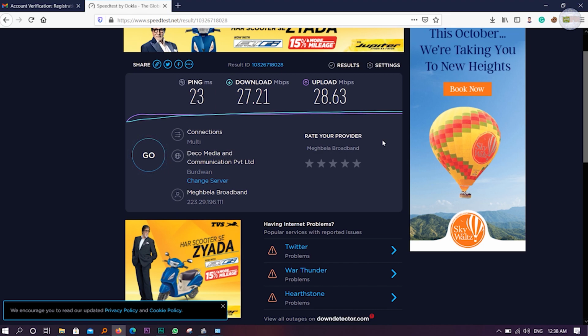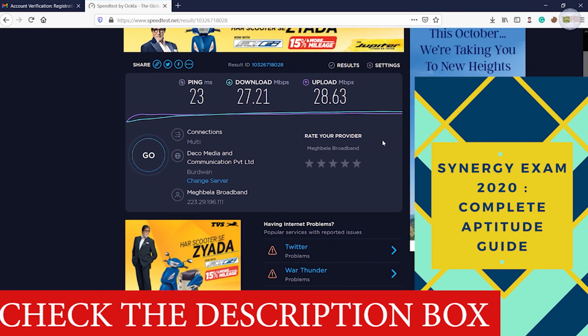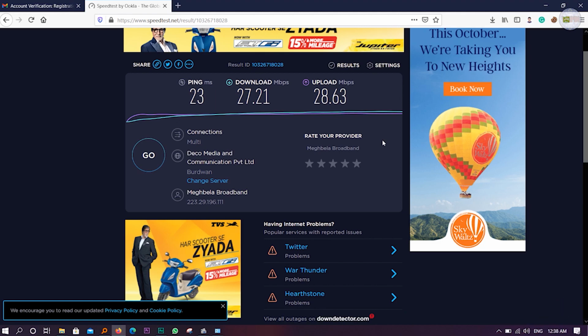Try to get at least 12-13 GB, because you have to use data for 3 hours. There are special packs for Jio, Vodafone and Airtel, and you can get 12 GB for 1 day. You should recharge with that special recharge, because 1 GB or 2 GB per day will not be enough for the examination, I feel.